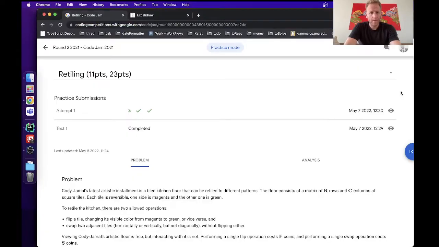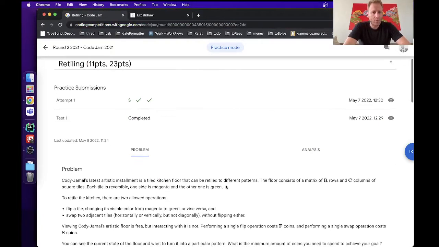This time let's go through a couple of past problems from Codejam round 2. There are some pretty interesting problems there, and with round 2 coming up this weekend, why not do a little bit of practice this weekend? So this one is called Retelling,